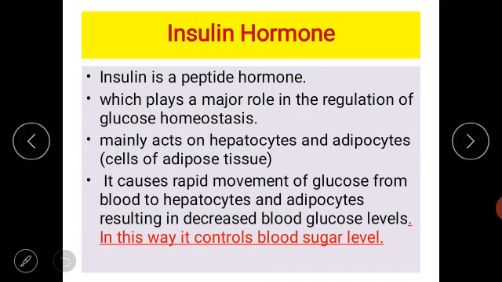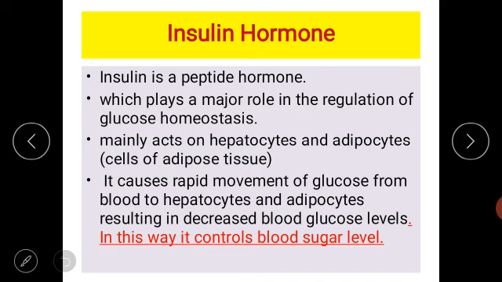Why peptide hormone? Because it is made up of amino acids. It is proteinic in nature. So insulin is a peptide hormone which plays a major role in the regulation of glucose homeostasis, meaning maintaining the normal